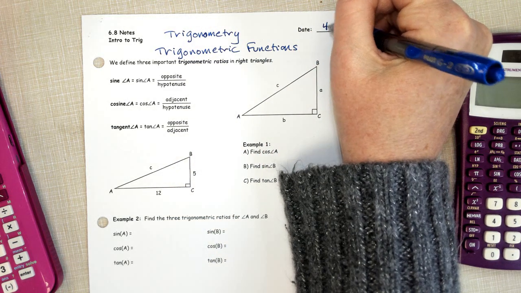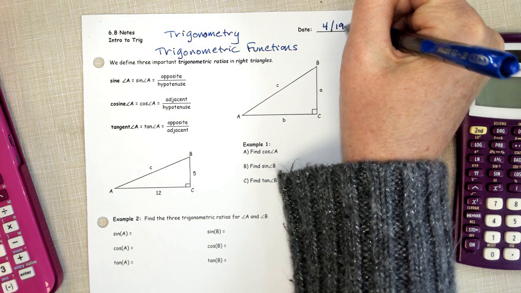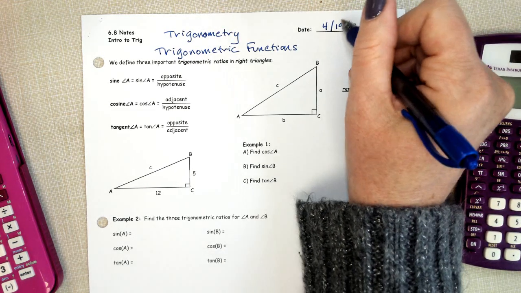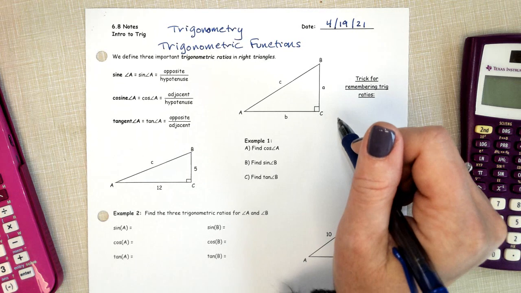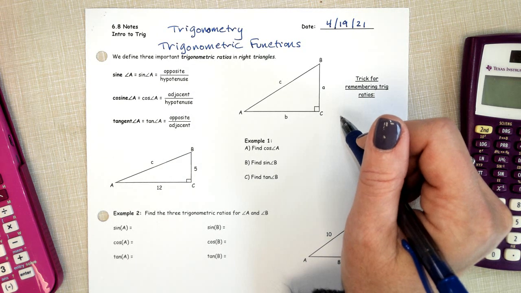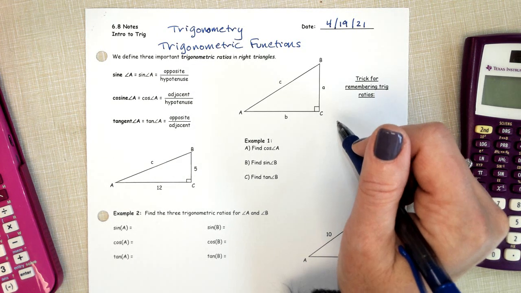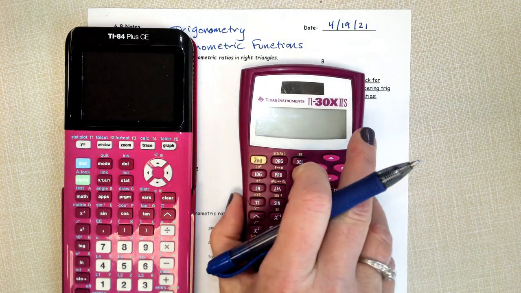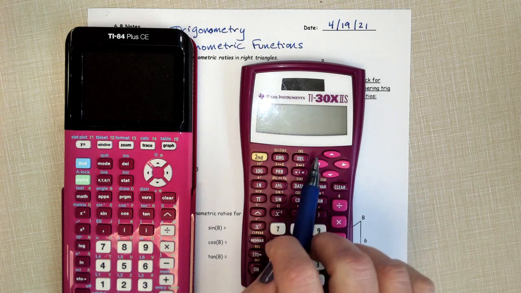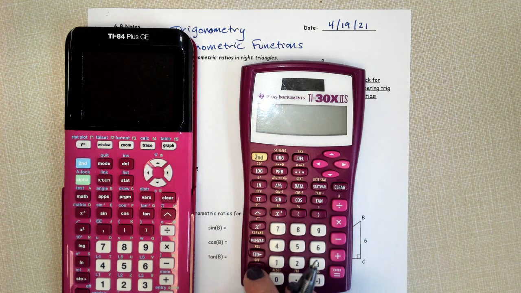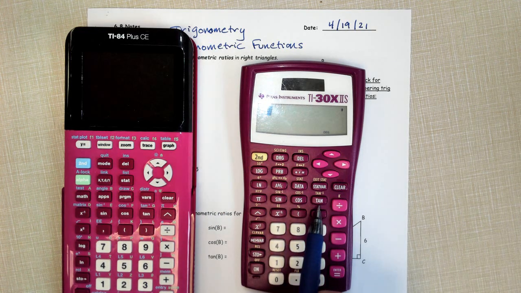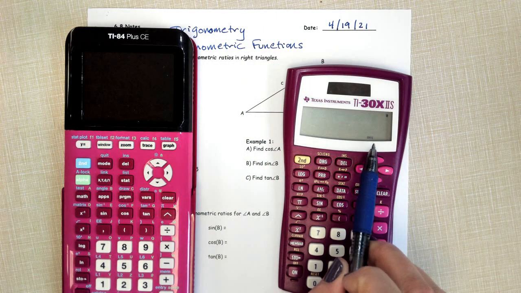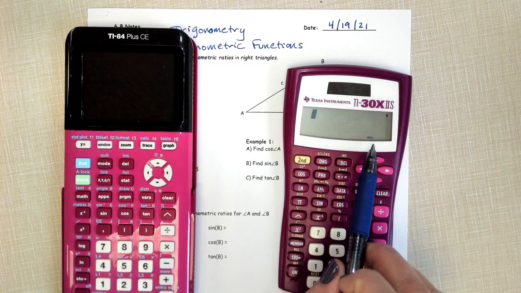Today is 4/19/21, although if you're watching this in the future, I apologize in advance. All right, we define three important trigonometric ratios in right triangles. I asked you this weekend to get your calculators, so you could either have a TI-30, as long as it has the sine, cosine, tangent functions, and you want to make sure that this says DEG, that stands for degree